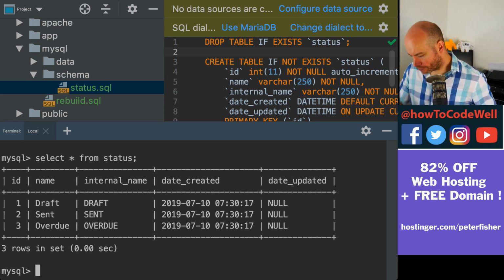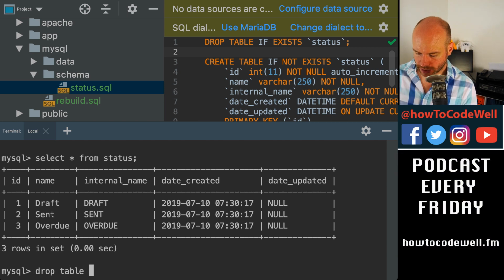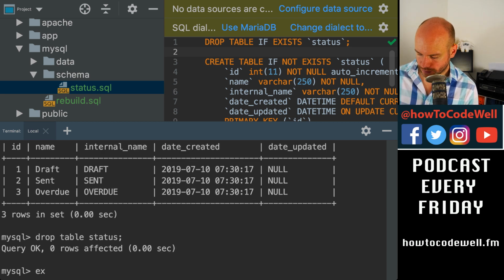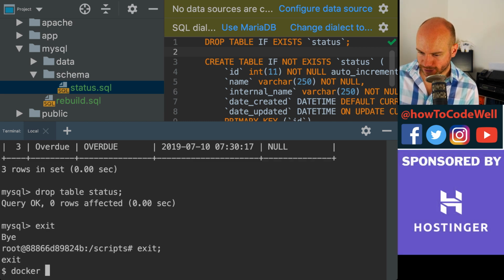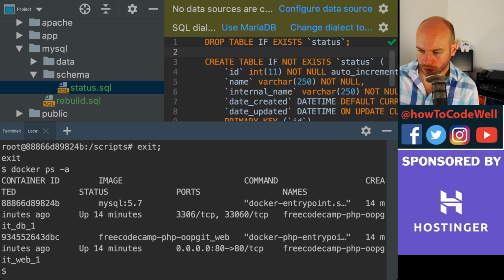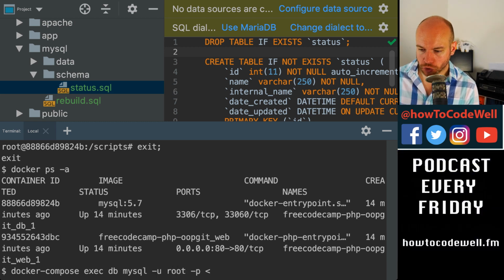So what I want to do is a drop table status again. Goodbye. Let's exit this out. Bye-bye. Let's exit the container completely. Let's do a docker ps -a to make sure that they're still up and running. They are. Cool. What I want to do is a docker compose exec against the DB container. That's the database container. And I want to do a MySQL -u root -p, and I want to redirect the stream to be